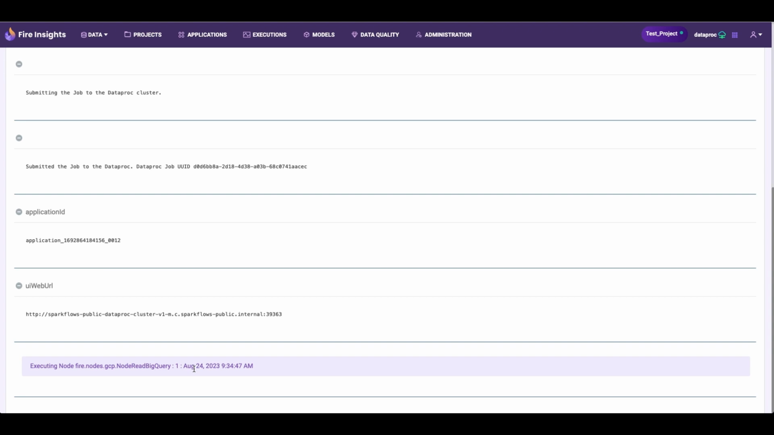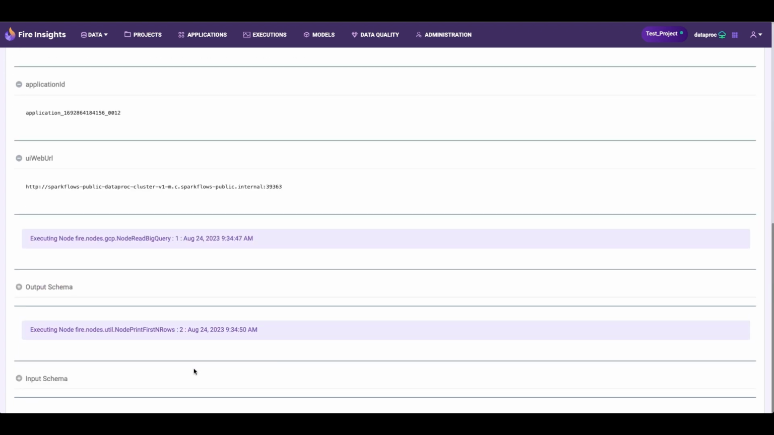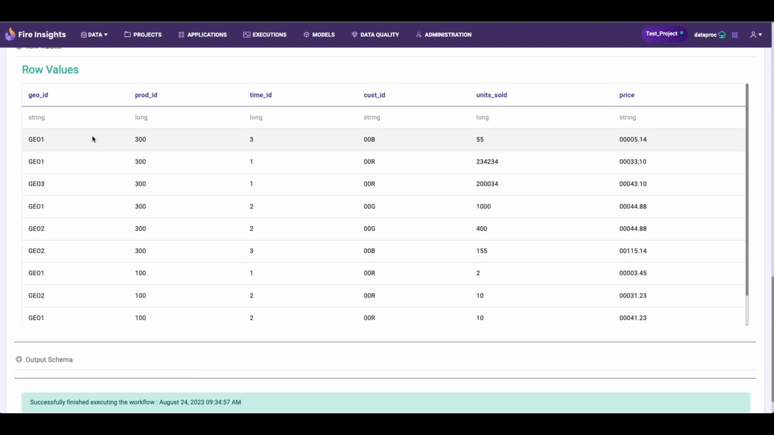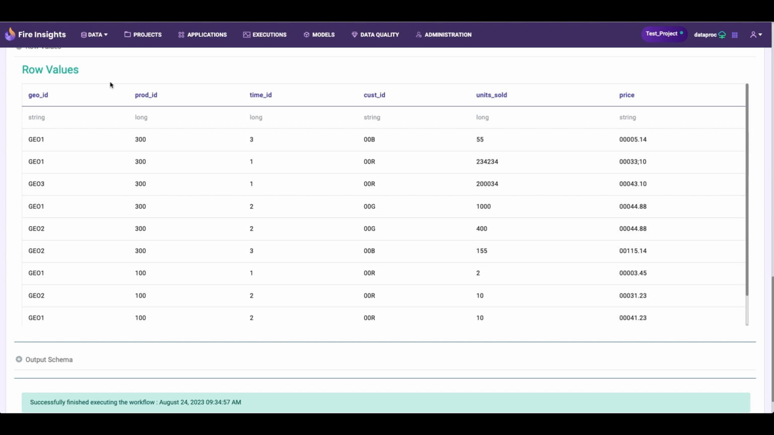So we need to wait for a couple of seconds, and then we can see the entire content of that particular table displayed on this execution page of the Sparkflows. So here we can see all the different rows available over there. Now let's go ahead and